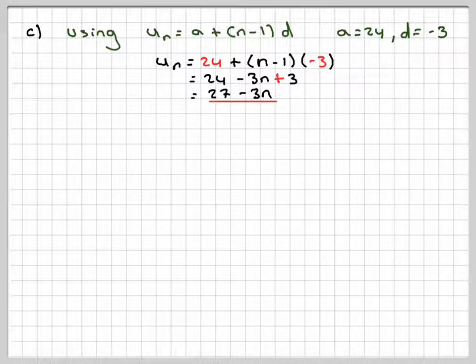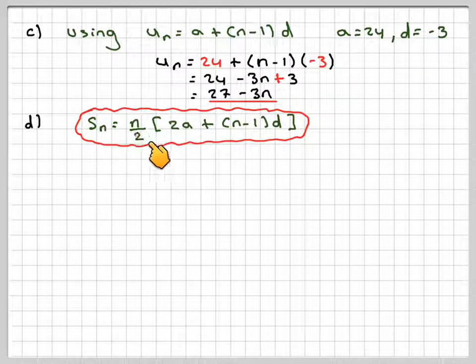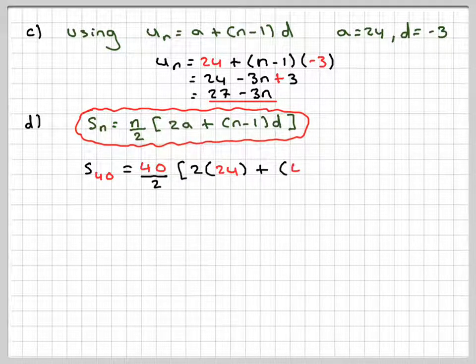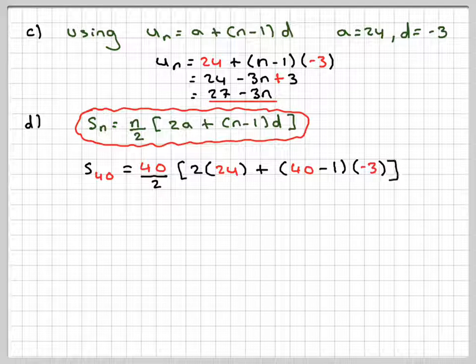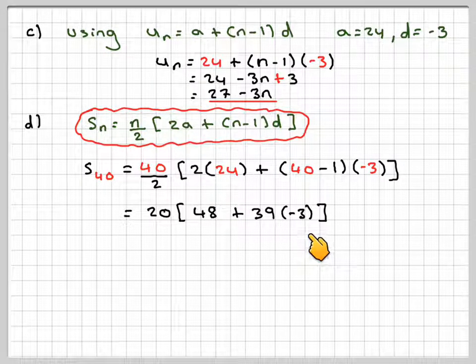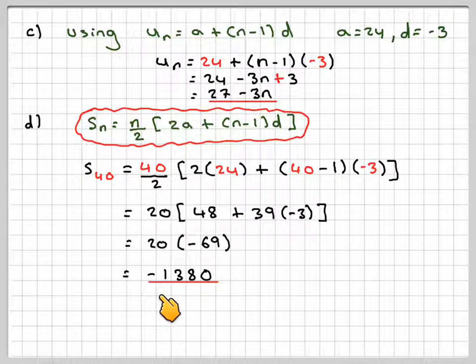Right, now to find the sum of the first 40 terms. So the sum formula is Sn equals n over 2 times, 2 times a plus n minus 1 times d. This is written down in the formula booklet for IGCSE. So we've got S40 is equal to 40 divided by 2 times, 2 times 24 plus 40 minus 1 times minus 3. 40 over 2 is 20, so we've got 20, 2 times 24 is 48, plus 39 times minus 3. That gives me 20 times, 48 plus 39 times minus 3 gives me 48 minus 117, which is minus 69, and we get a final answer